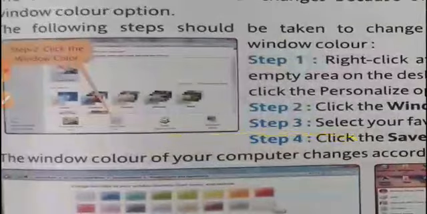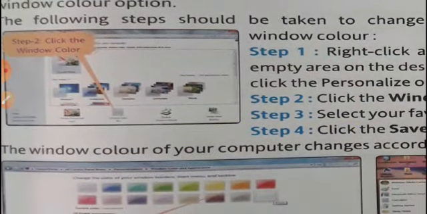Step two: click the window color option. Step three: select your favorite color. And step four: click the save changes button. So these are the steps followed to change the color of your window.